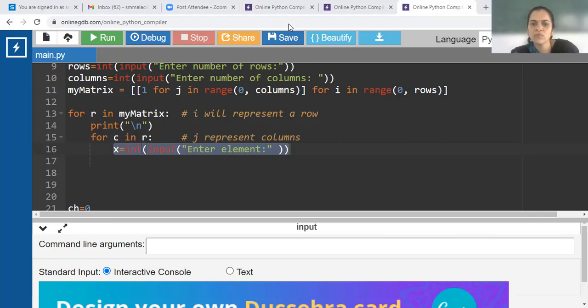Yes, you can also use insert. Do you know difference between insert and append function for a list? What is difference between insert and append function for a list?